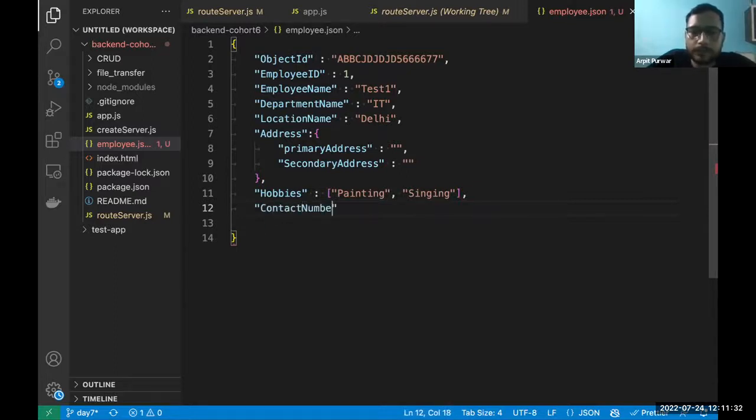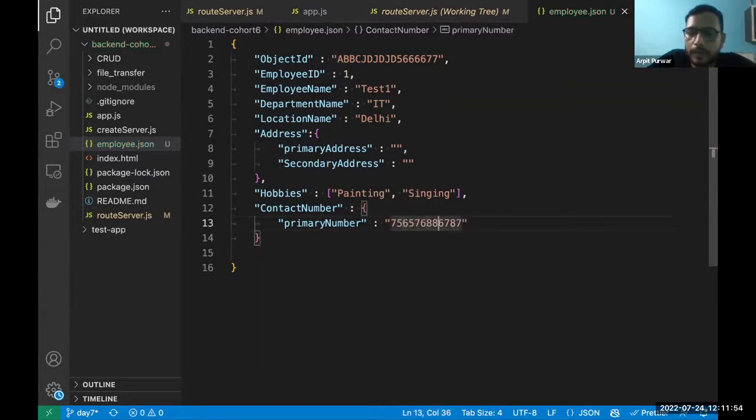Contact number. It could also have a primary number, any random digits, and then we can have our secondary number.